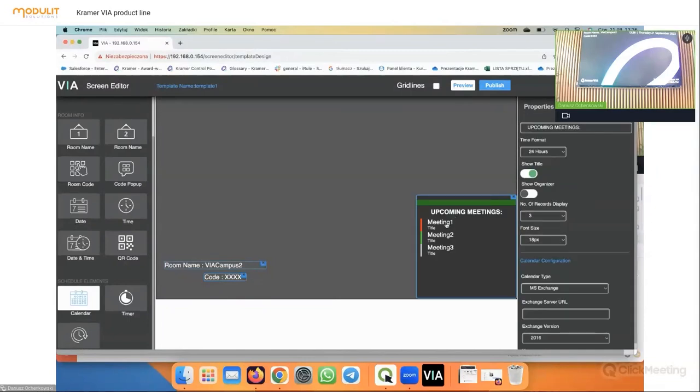So VIA can work as some kind of reservation system. If we have the calendar connected to our VIA, for example, the Google one or Office, you can see the three possible options, we can create the calendar just for the specific room and invite this account for meetings. So VIA will display all the meetings that are planned in this specific room, and it will show everyone that comes in the room that there is a meeting, for example, in 1 hour or at a specific hour. We can set the timer